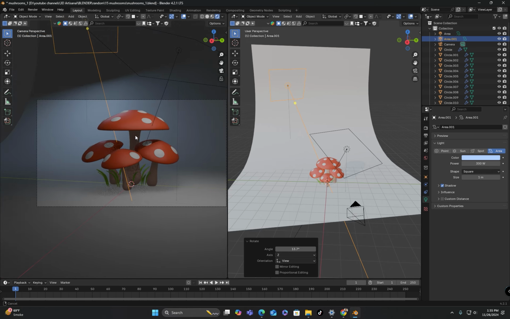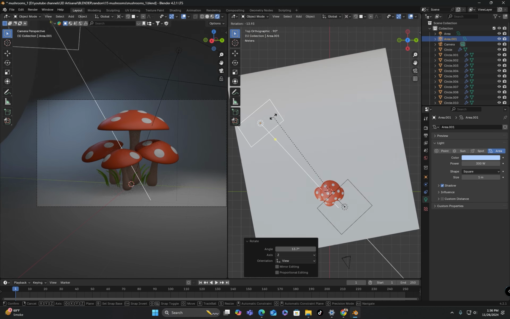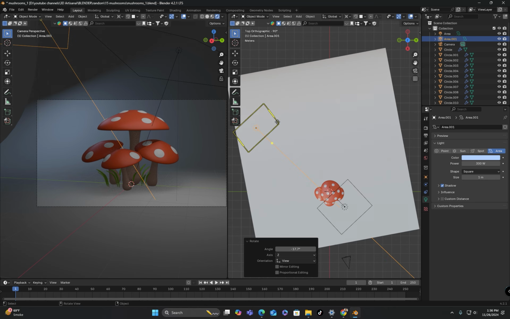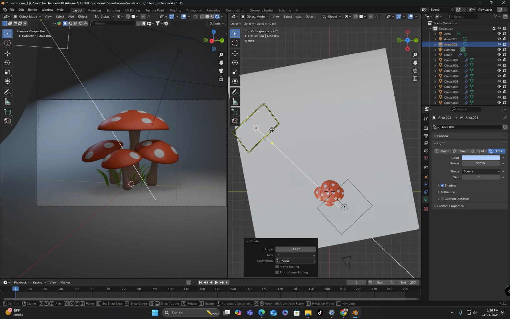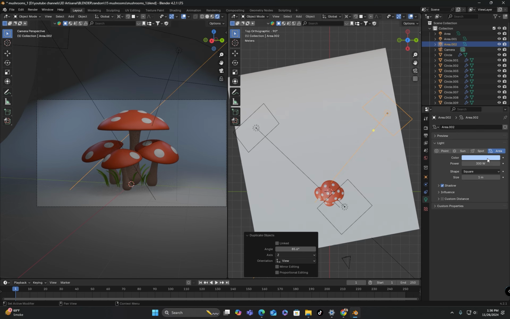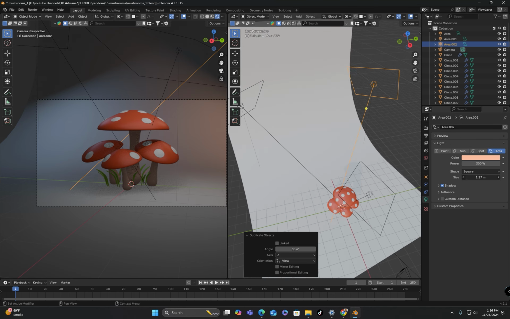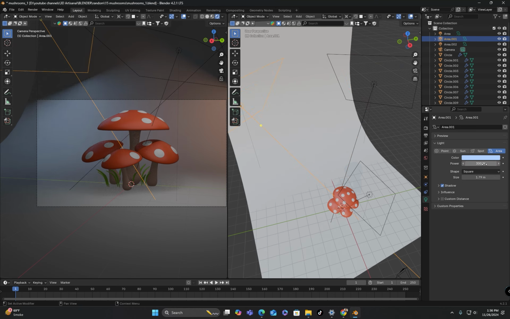Then I will reselect the 3D cursor as the pivot point, slightly rotate the light, duplicate it, rotate it and place it on another side. I will slightly adjust the color of this light to make it reddish. From here, the size of the light can also be increased. I will further increase the size of both lights and also increase their power value.